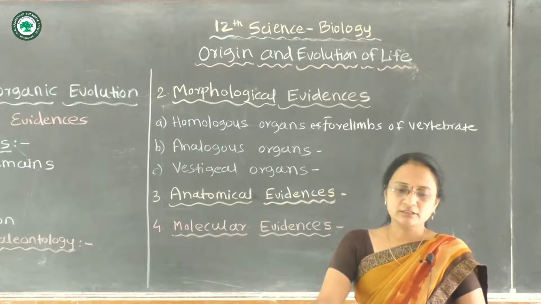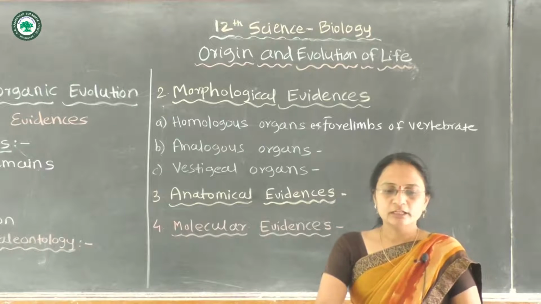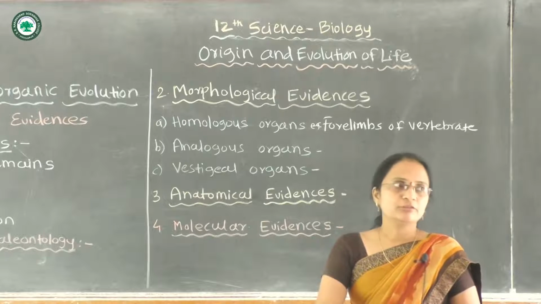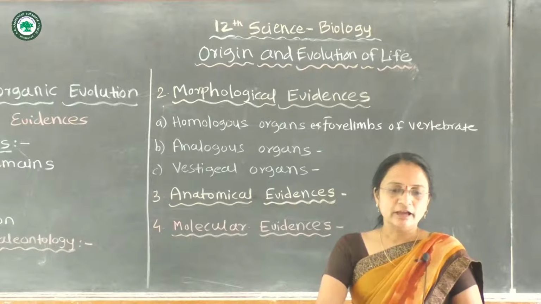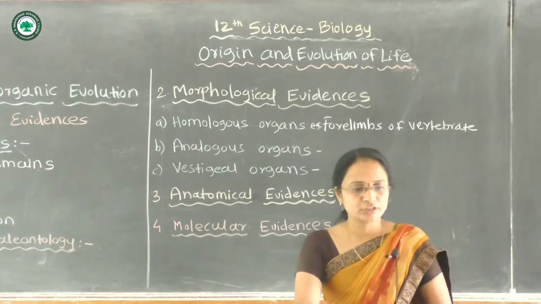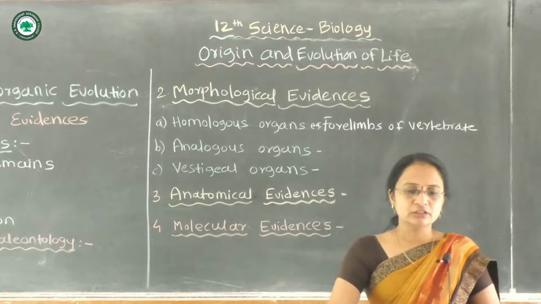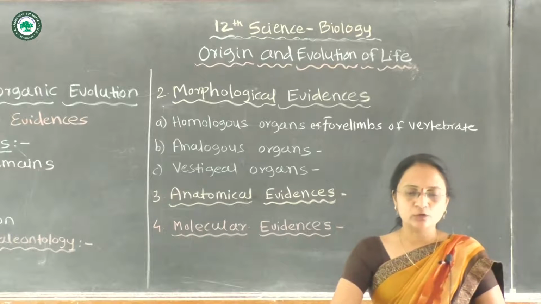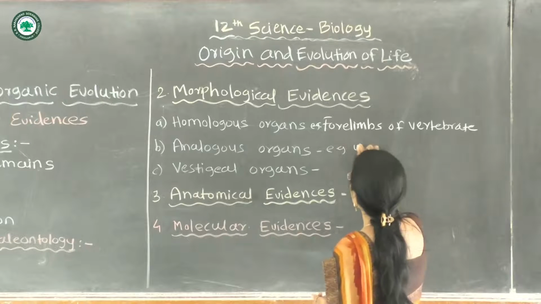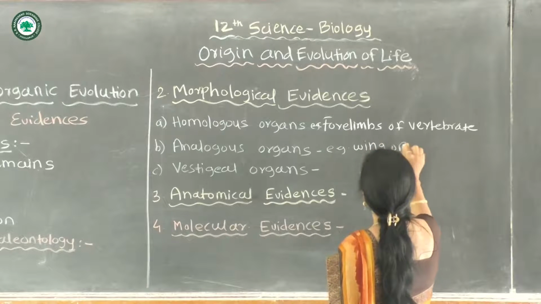The second is the analogous organs. The analogous organs are structurally dissimilar but functionally similar, and they have an external superficial similarity. Due to this similar function, they have different anatomy. For example, here the wings of the butterfly,